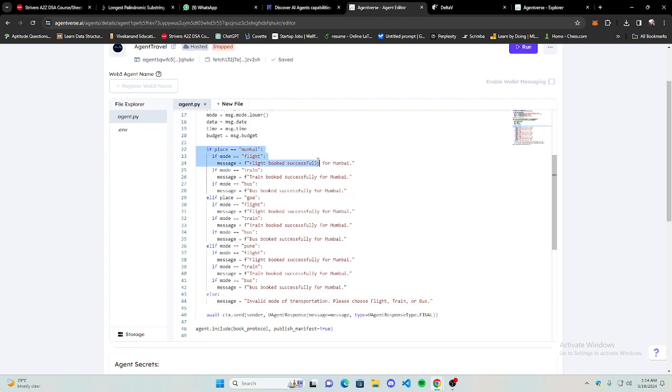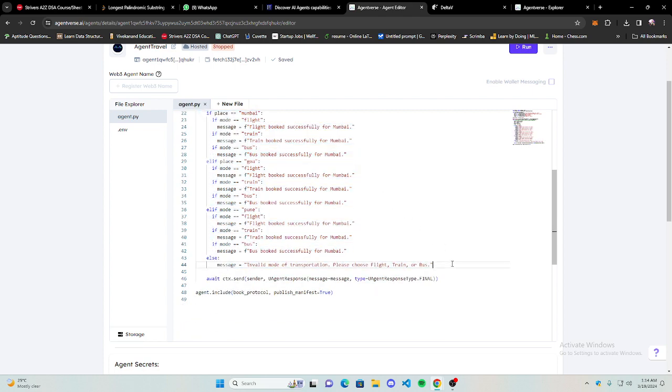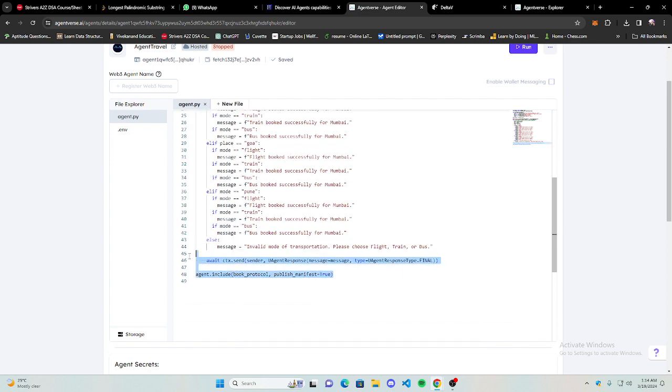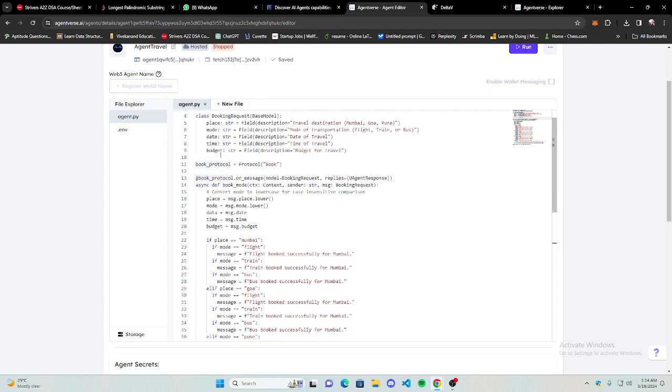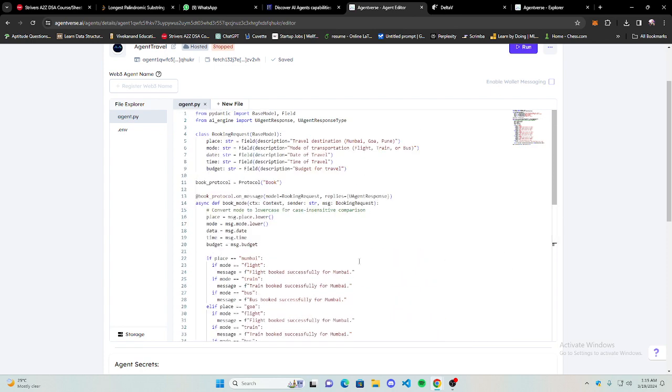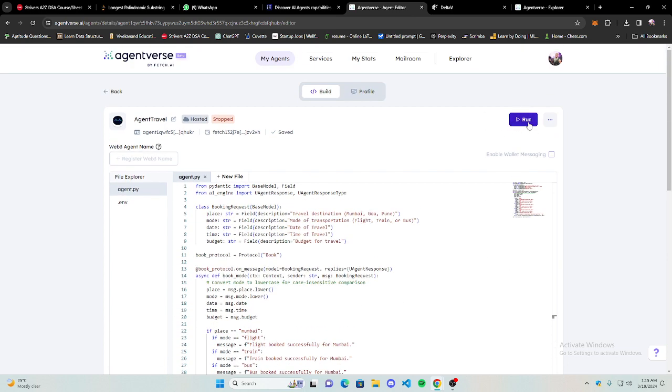So we have created a very static basic code here, and this is basically how you end a function, and then you just say agent.include this protocol that we have just created, and publish manifest equals true. Now once you have added all the code, you can run the code from here, and